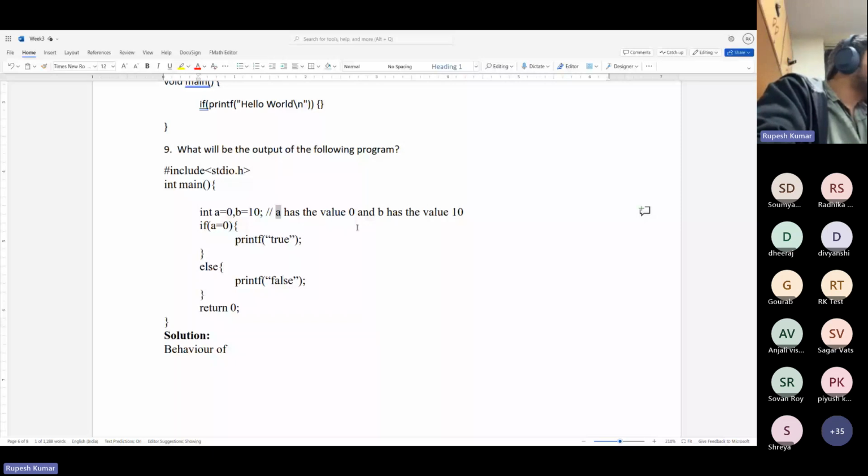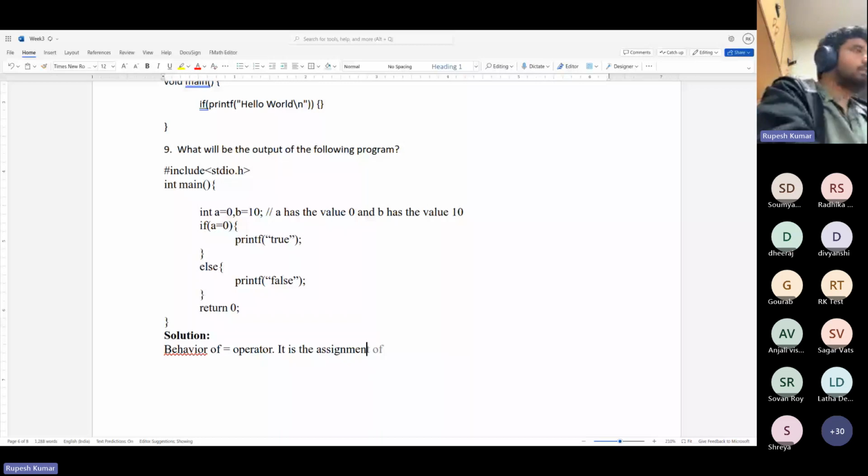We have seen in the previous example also that the condition block is evaluated first before any other operation. So if does not do any operation before the condition has been evaluated. So basically, the operation a equals 0 will be evaluated first. So let's see what is the behavior of the equals operator. It is the assignment operator in C,